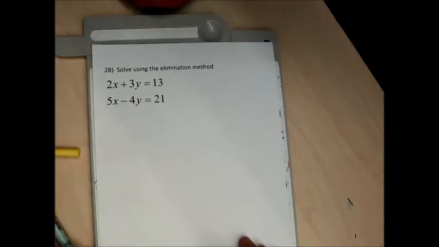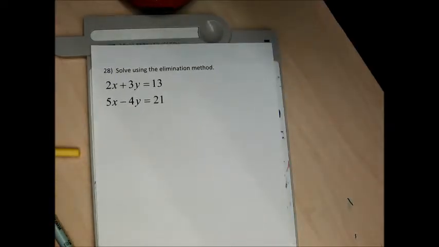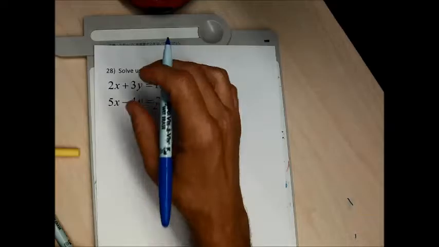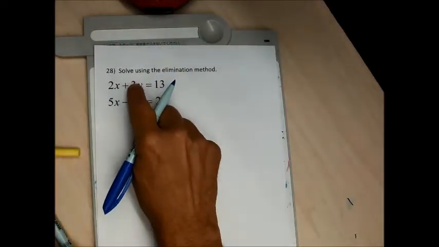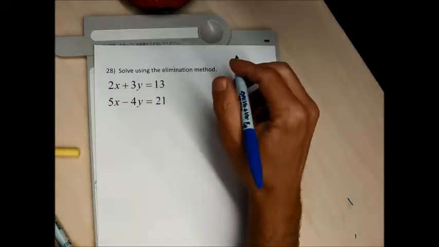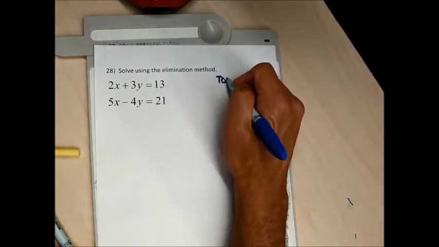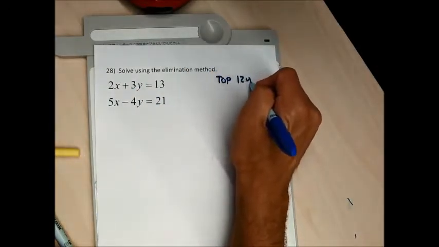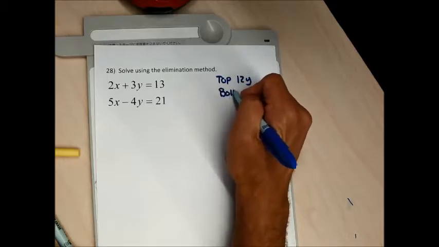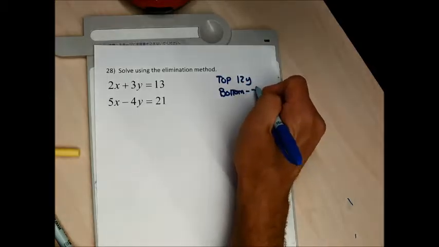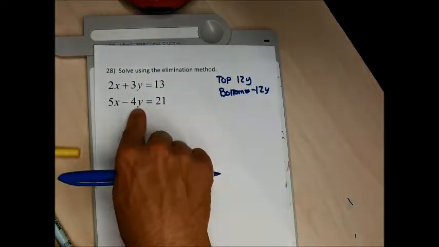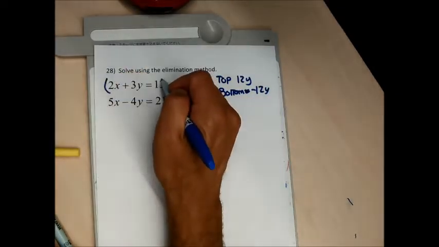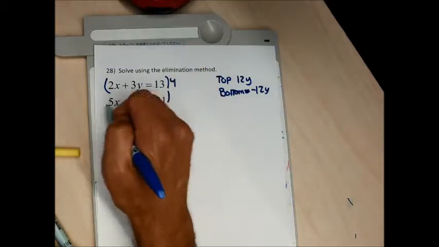Number 28 wants me to solve using the elimination method. I need to add the equations together and drop out a letter. I'm going to drop out the y's because the y's have opposite signs. I'm going to make the top have a positive 12y and the bottom have a negative 12y so that I can eliminate the y's. To get that to happen, I'm going to multiply the top equation by 4, the bottom